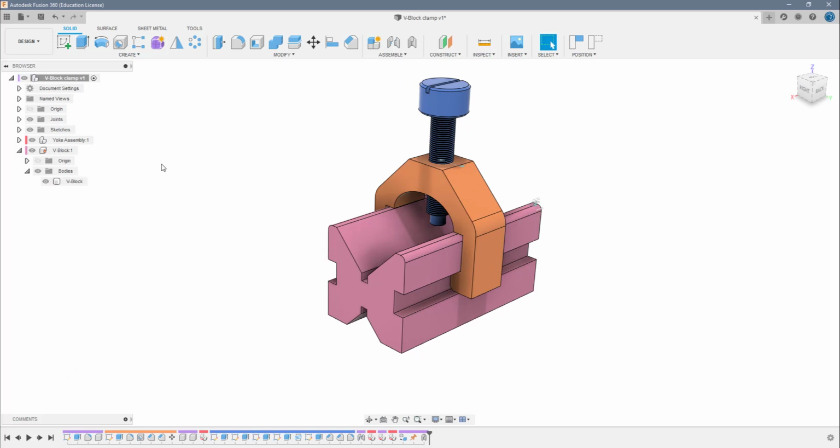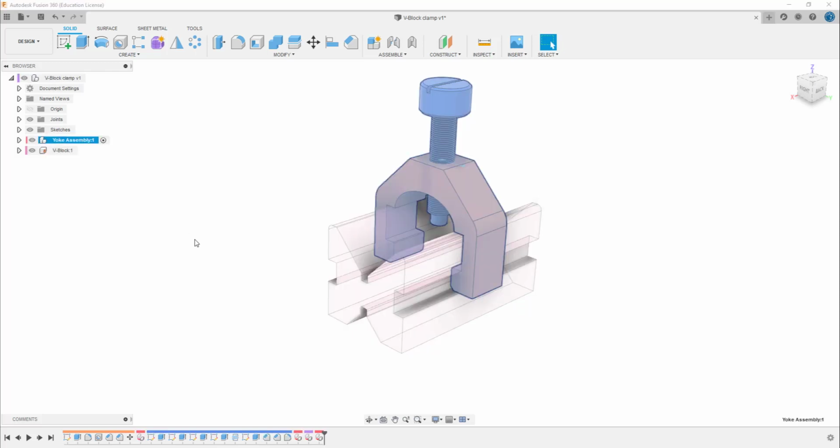Now the other thing about a component is that here we're at the very top level of the assembly. Okay, but what if I wanted to make a change to something inside this yoke assembly? So I can come down here and try and find the part of the component I'm looking for, or what I can do is make that active,